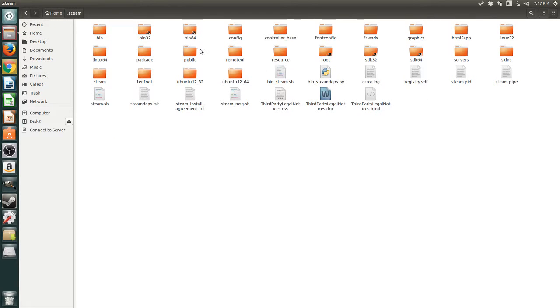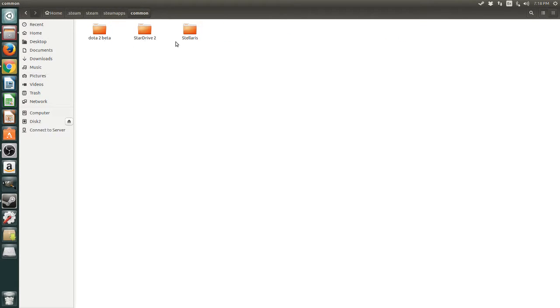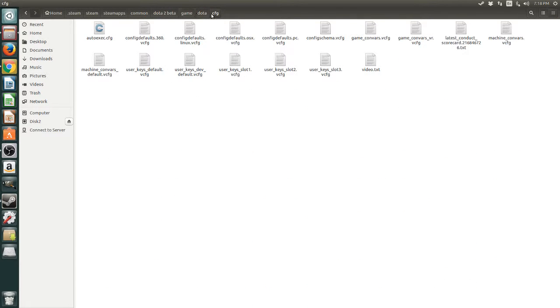You go into that, go into Steam again, go into Steam Apps, Common, and these are the games that I have downloaded onto this machine. I'm going to go into Dota 2 Beta, Game, Dota, and the config file, which is CFG,